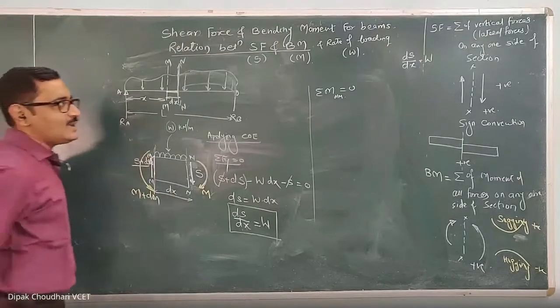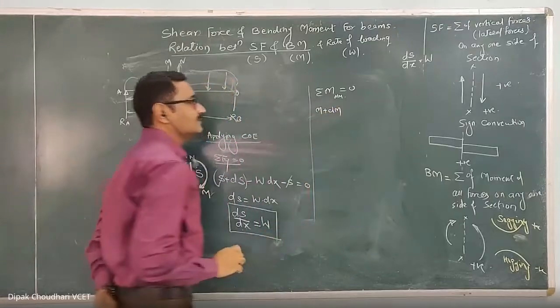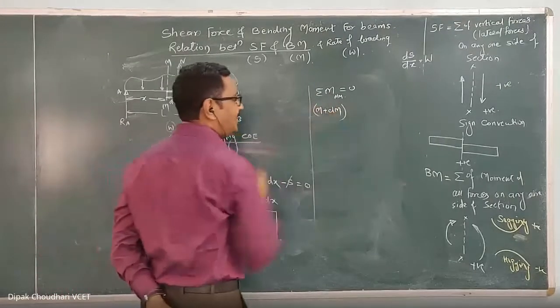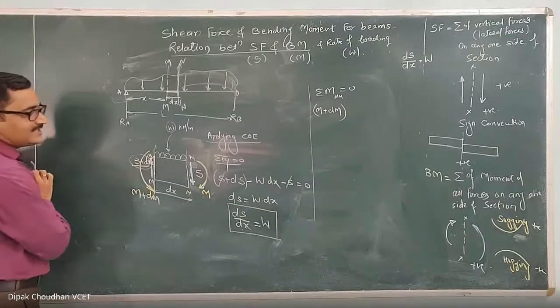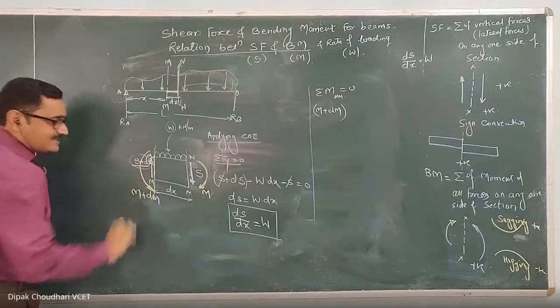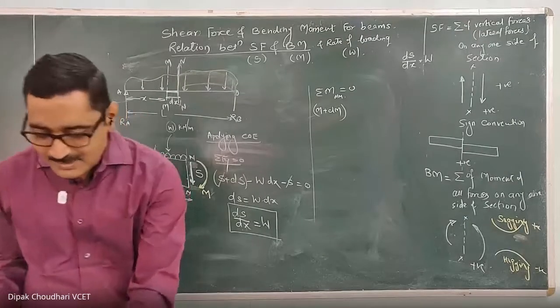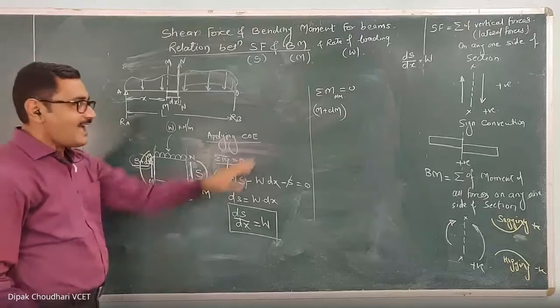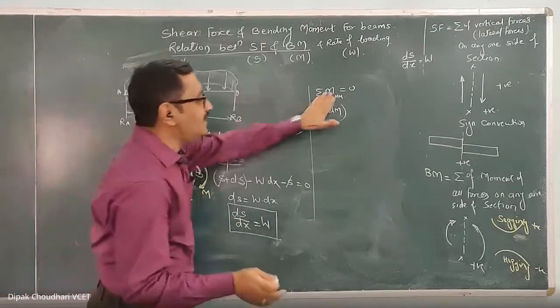This moment is anti-clockwise, so it is m plus dm. This is the moment, so you have to add it directly, which is acting here. Here ये s plus ds का moment 0 हो गया. Here this moment is m plus dm. It is anti-clockwise. Now here, listen to me. I am not adding the bending moment. I am adding the moment acting on this. This is the condition of equilibrium.